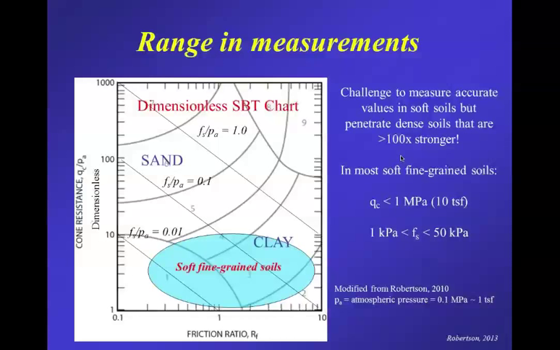Here is an illustration of the range of magnitude of the measurements they're going to take. This is the original soil behavior type chart of tip resistance on a log scale against friction ratio. Just a reminder that the friction ratio is the sleeve friction divided by the tip resistance, in percent. And here is a version of the chart where it's dimensionless, so the tip resistance is divided by atmospheric pressure. So in megapascals, the 10 would be 1 megapascal, whereas in tons per square foot it would be 10 tons per square foot, because what happens is